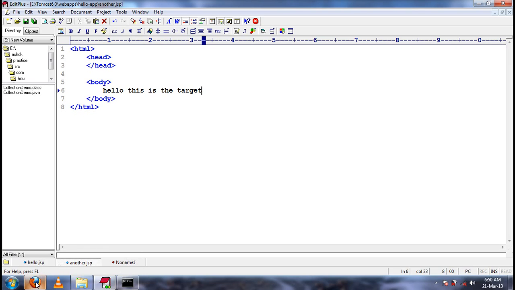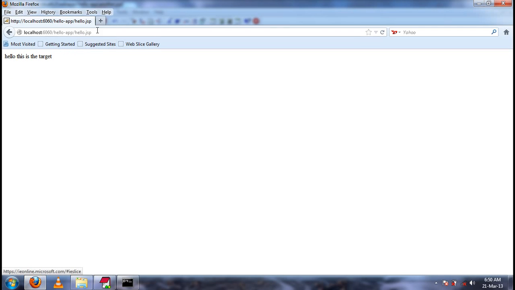Since it is a server-side technique, the browser address bar is still pointing to hello.jsp. Understood? jsp:forward internally uses request dispatcher forward.